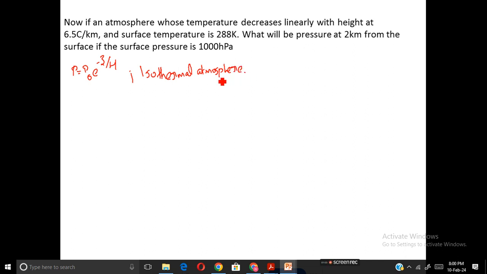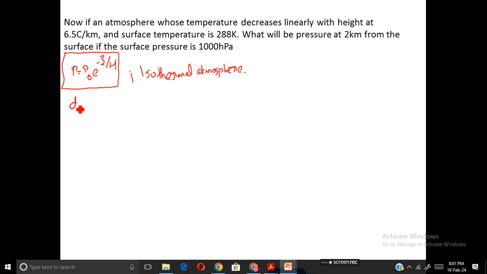By making the assumption that we are having an isothermal atmosphere, we derived this equation. So now let's consider the case when the atmosphere is not isothermal. It is more of a real case. So the atmosphere is not an isothermal atmosphere, but the atmosphere's temperature is decreasing linearly with height at 6.5 degrees